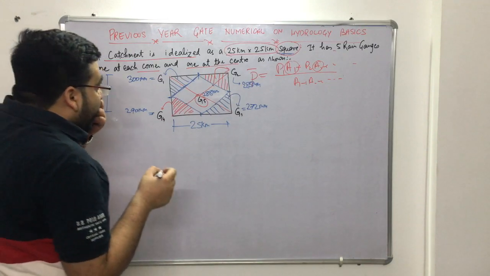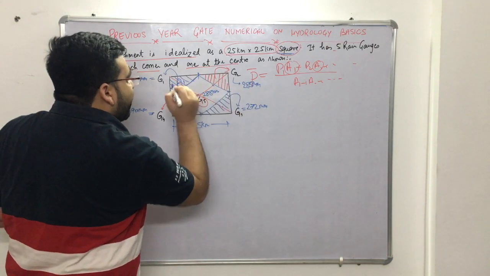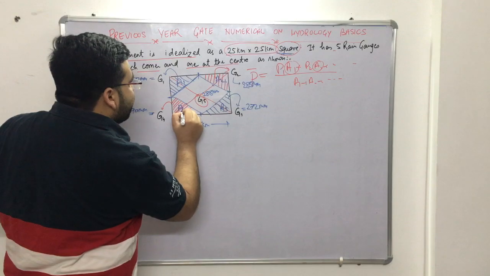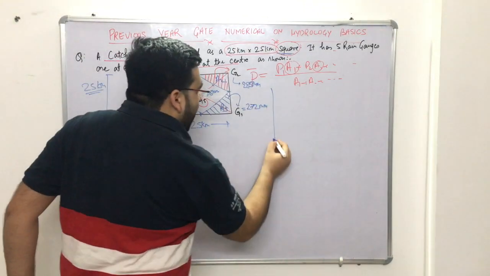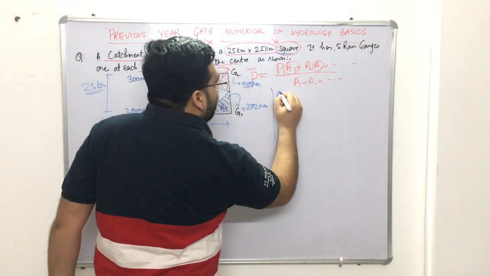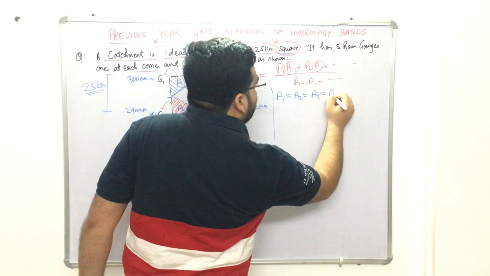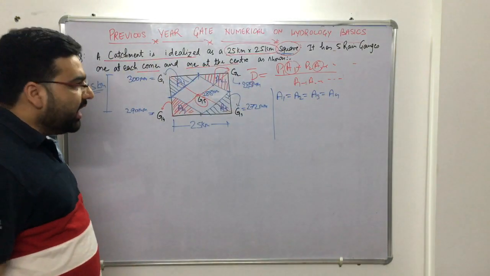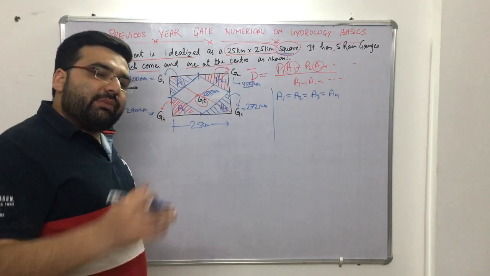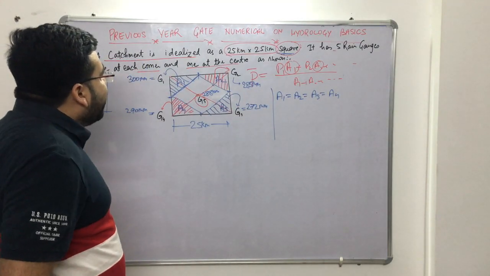Now the area of this, let us say this is A1, this is A2, this is A3, and this is A4. Now if you know that it is a square, so this whole is a square, so A1 will be equal to A2 will be equal to A3 will be equal to A4. Simple. Clear? Now if I determine just one area, every area will be determined automatically because all are equal, right? Now the question is how to determine this area A1.